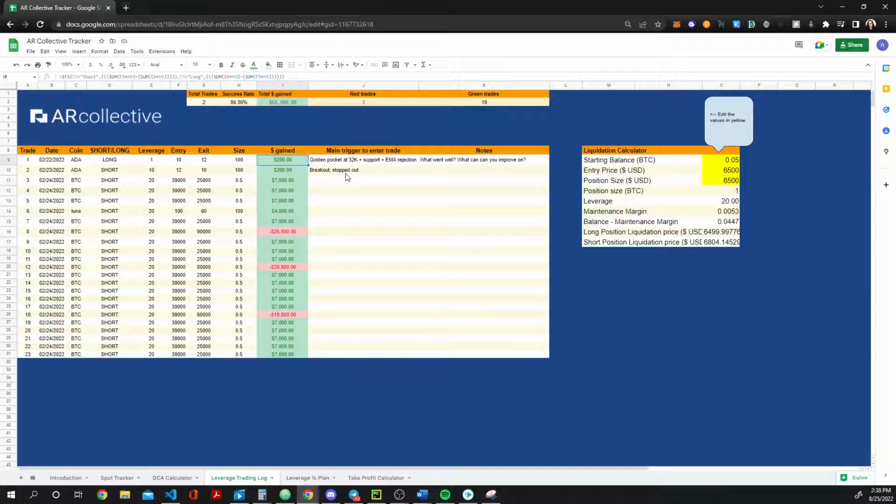So if you want to improve, you have to be able to write down, reflect on your trades, what went well, what didn't go well. That way you can keep improving. So if you're testing out a strategy, maybe that strategy doesn't work, right? That is why you have a log, so you understand exactly what your mindset was when you entered the trade. You write down what went well, what didn't go well, what can you improve on, and you can keep making adjustments and changes within your trades, right? So a trading log is extremely, extremely important to keep track of what you're doing.